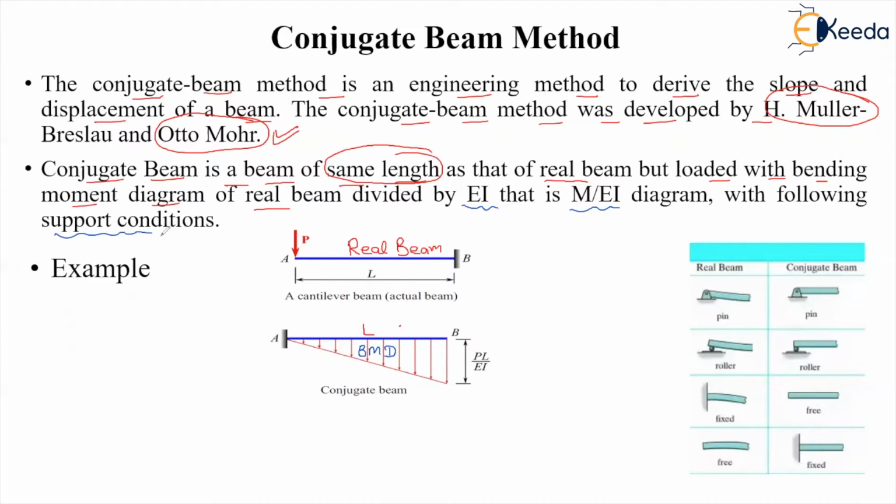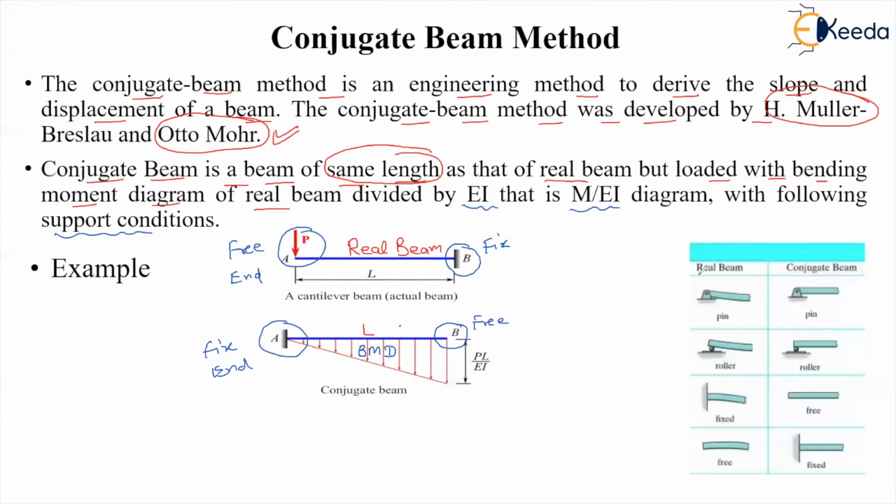Support conditions are different. You can see here, B was a fixed point. Now it becomes free here, right? So which was a fixed point becomes free. And the free end, this was the free end previously. Now A becomes the fixed point, right? So the difference is that in a cantilever beam, the free end becomes the fixed end and the fixed end becomes the free end,